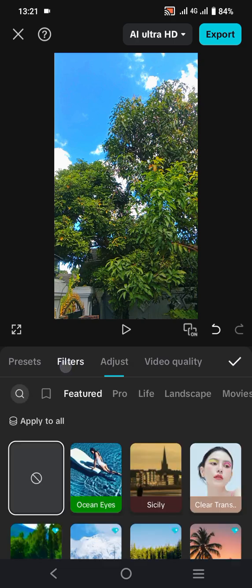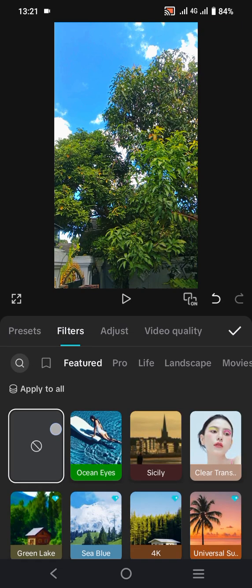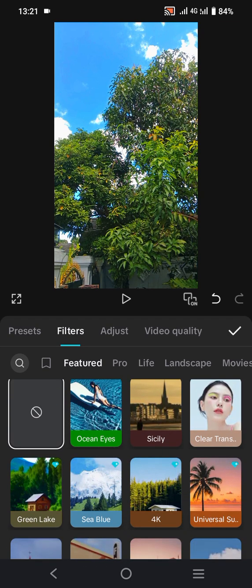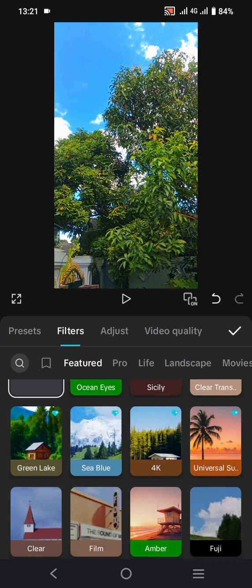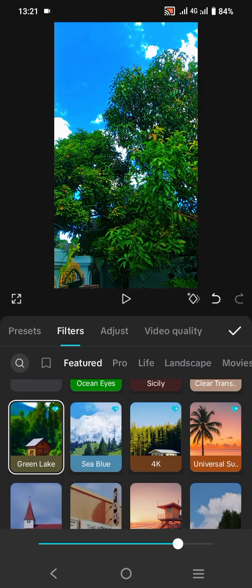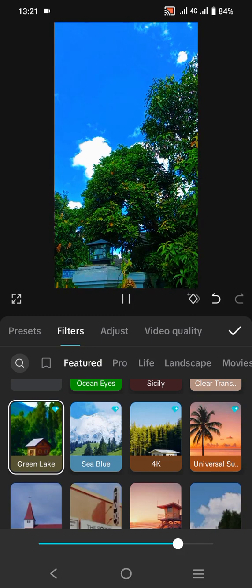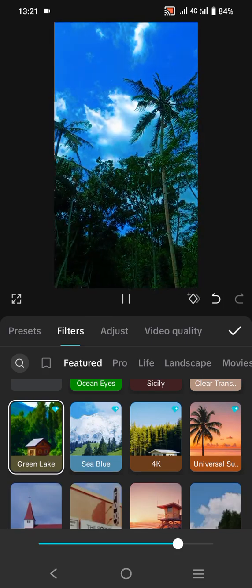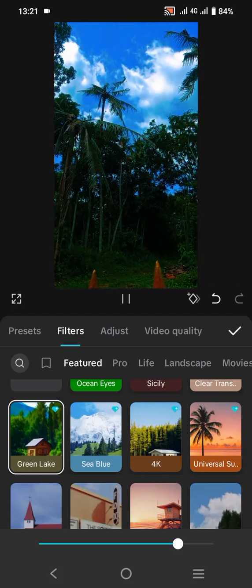And let's move on to the filters. Let's say I will try this filter. As you can see, there are a lot of features in filters. Let's say I will choose this green lake, and what will be changed? Press and hold to see the version. There you go. The color can be more, let's say, cinematic. And what if I play the entire video? There you go. The skies turn really blue, and the leaves of this plantation can be more